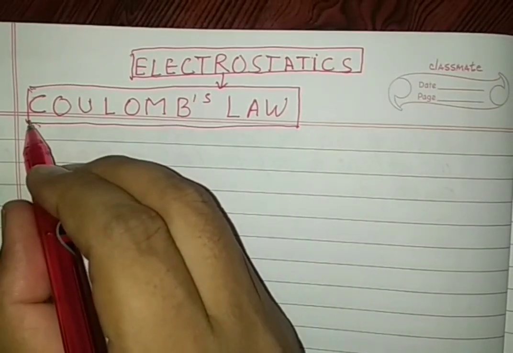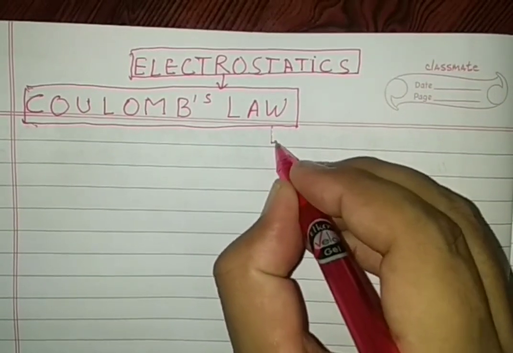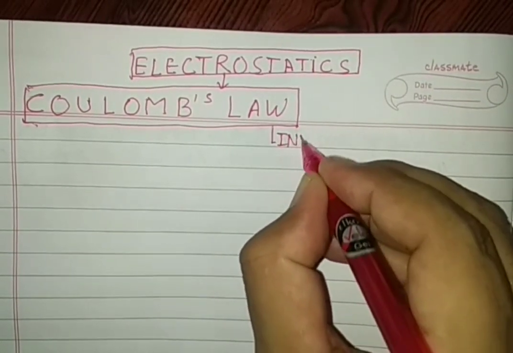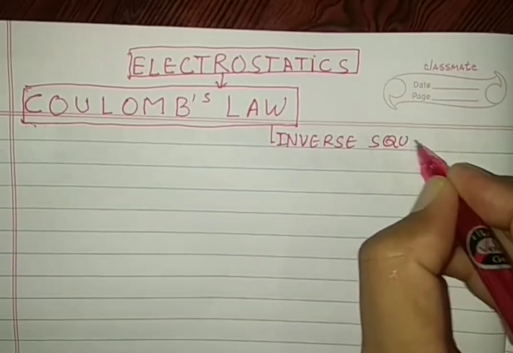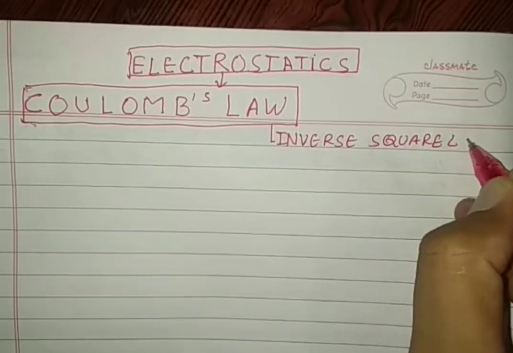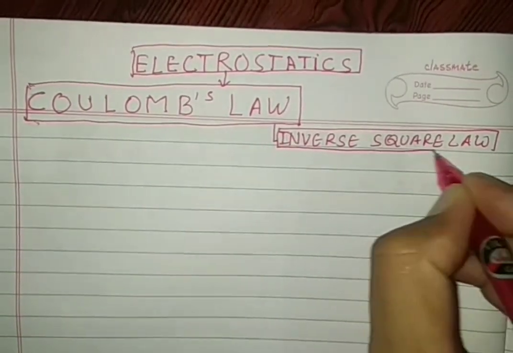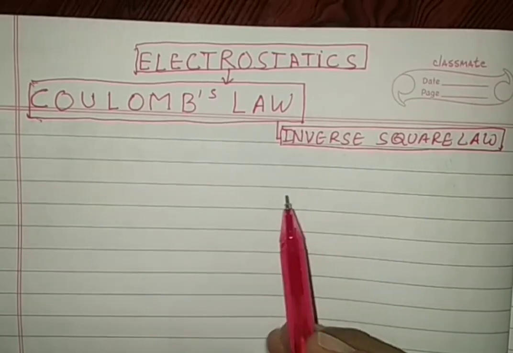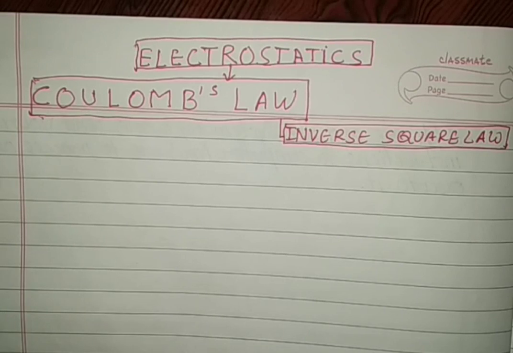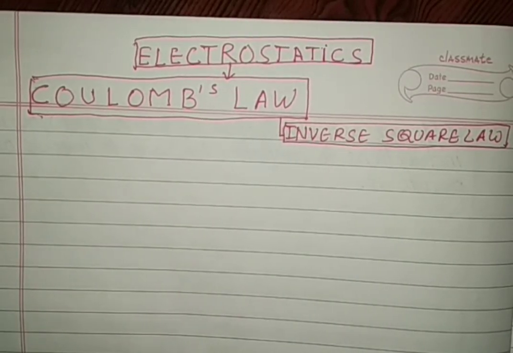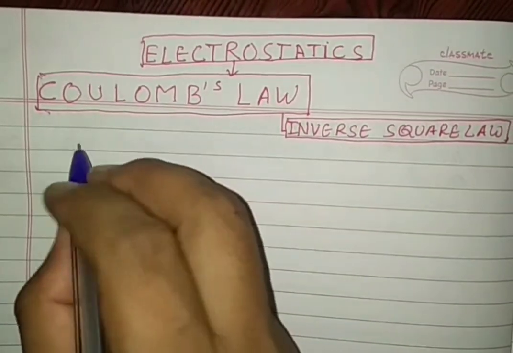This Coulomb's law is a common law. This is also known as the inverse square law. Let's see the physics behind Coulomb's law, all the fundamentals behind it, to understand the clear concept of Coulomb's law. Since we know some of the facts,